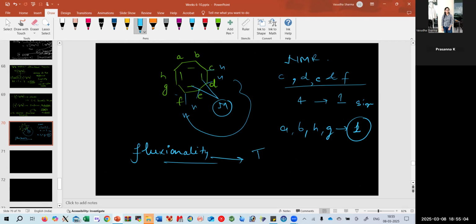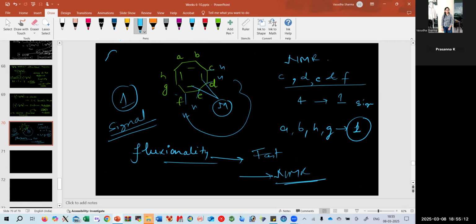If it is very fast, in NMR you will get an average environment and you will only see one signal for all the 8 protons of C8H8. So this is for all the cases. If it is eta 4 system, if it is eta 8, you will get only one signal, because all the 8 coordinations are there. In eta 4, eta 3, eta 5, eta 6, any coordination, not just this particular ligand, any ligand which is